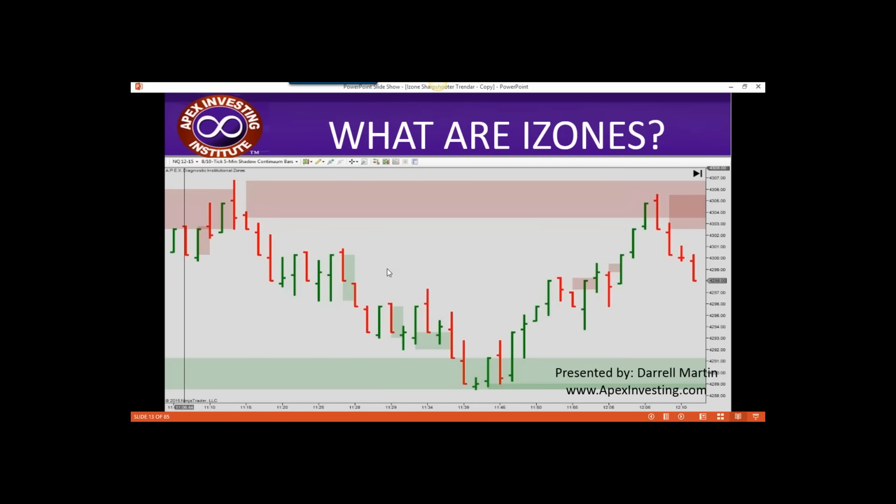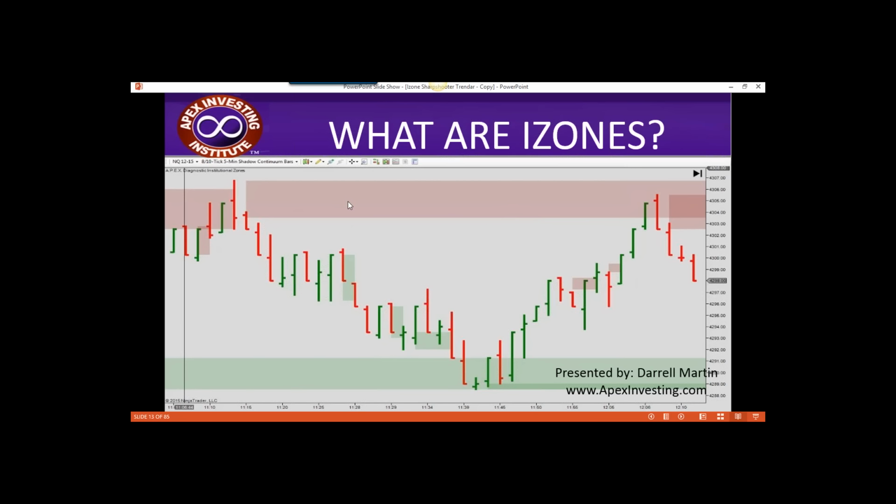Okay, well, here's an example of a chart with some IZONES on it. They're automatically plotted on the chart here, and new zones are plotted as new levels are made. Obviously, your green zones, those would be support levels, right? Levels to buy at. These reddish colored zones are going to be kind of resistance levels to sell at. All right, but what a lot of us,